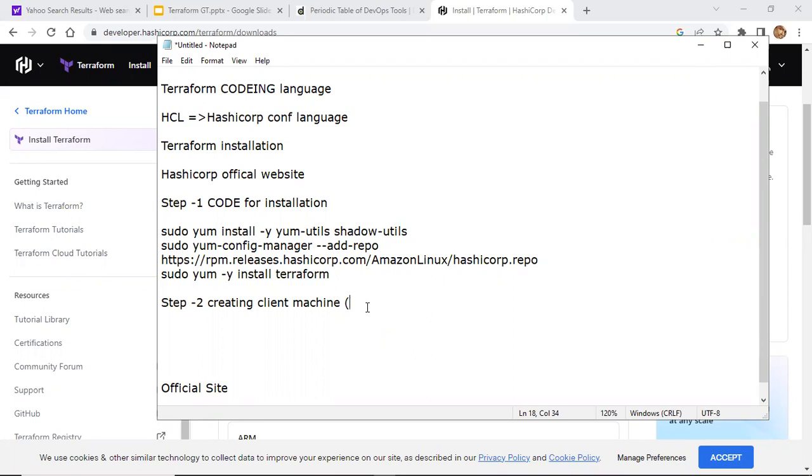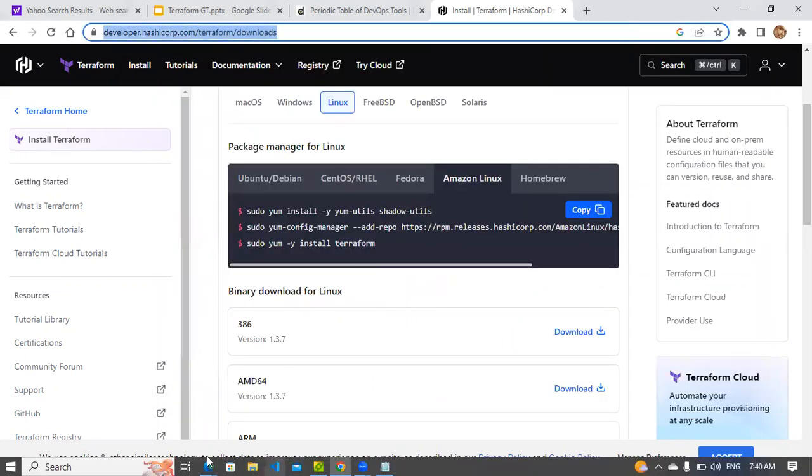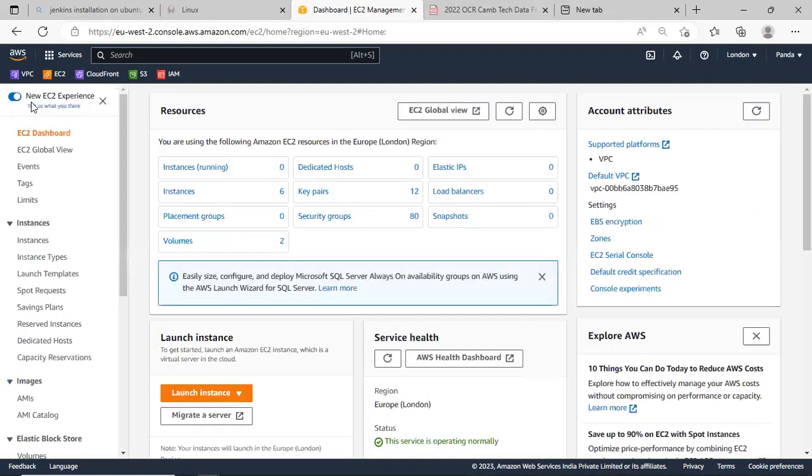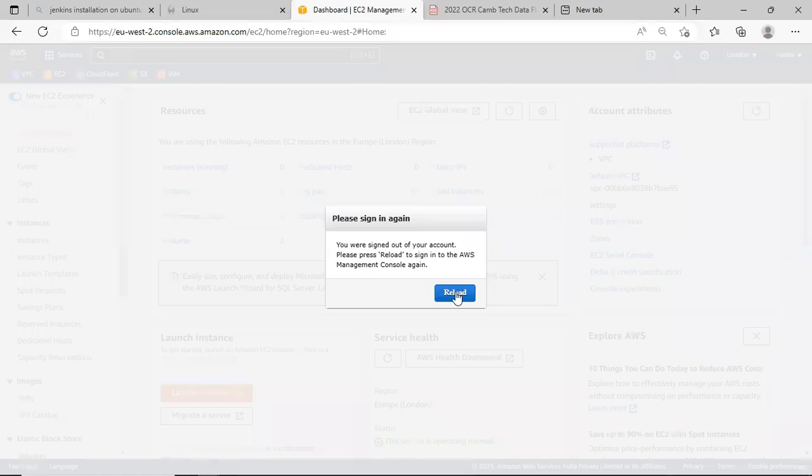So now we're going to see about a Linux. EC2. Okay. Reload.